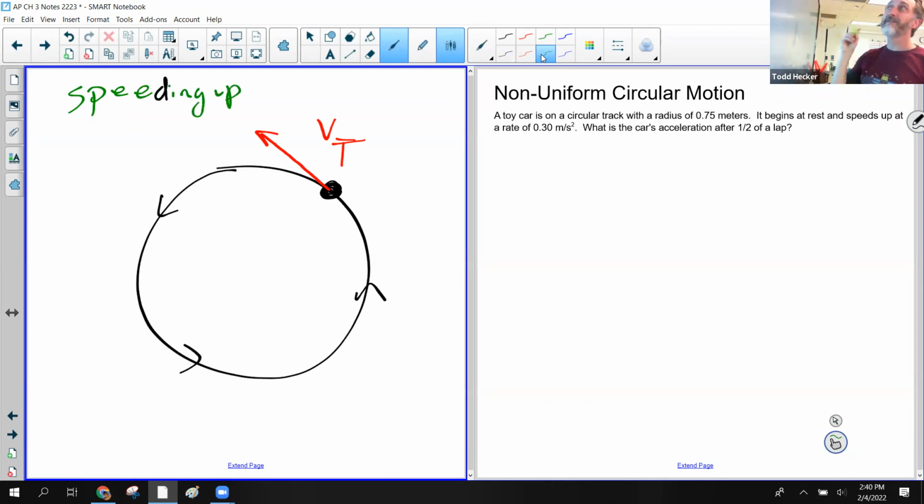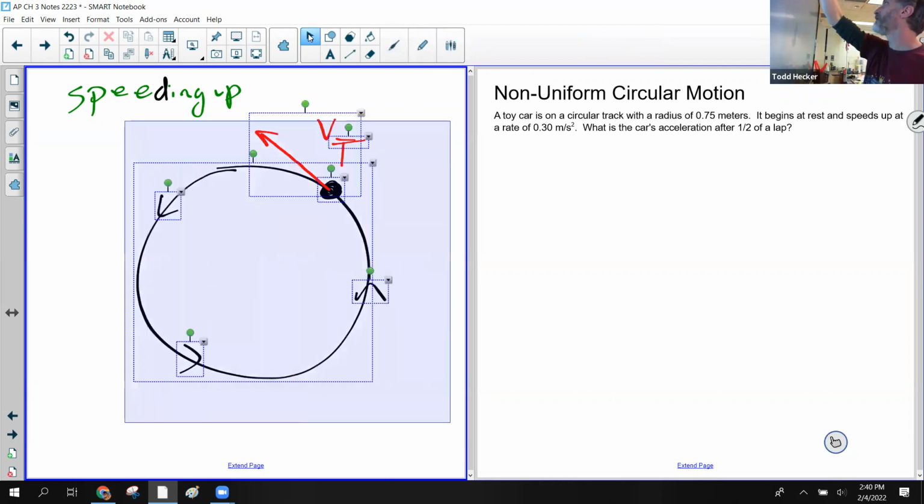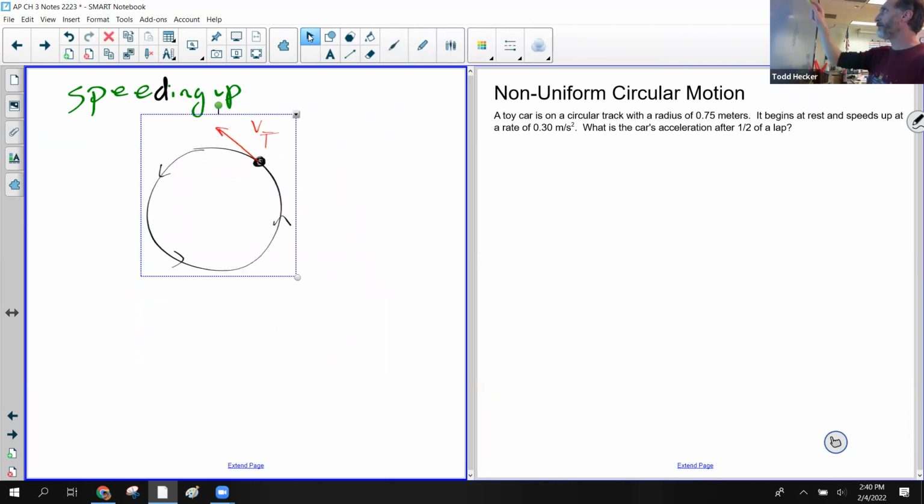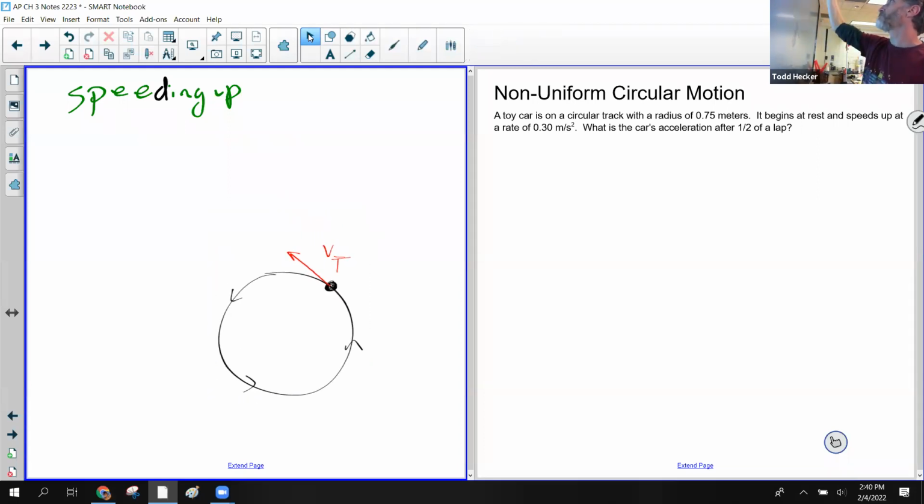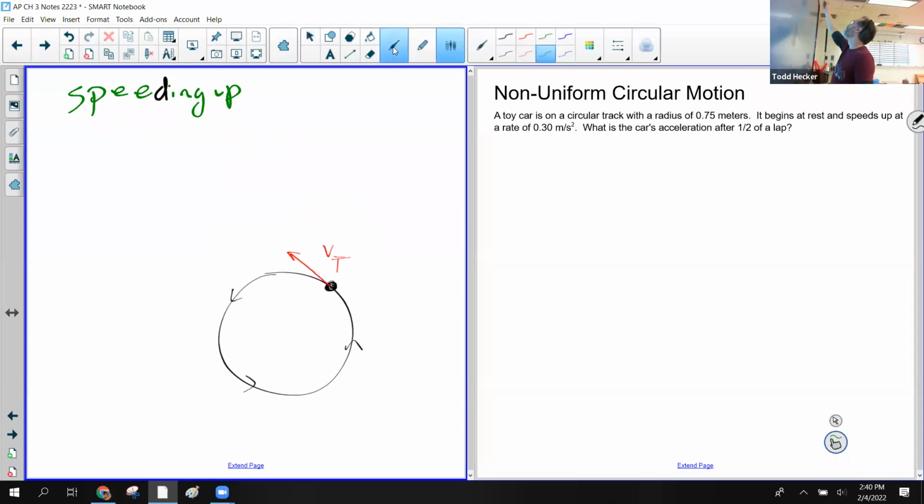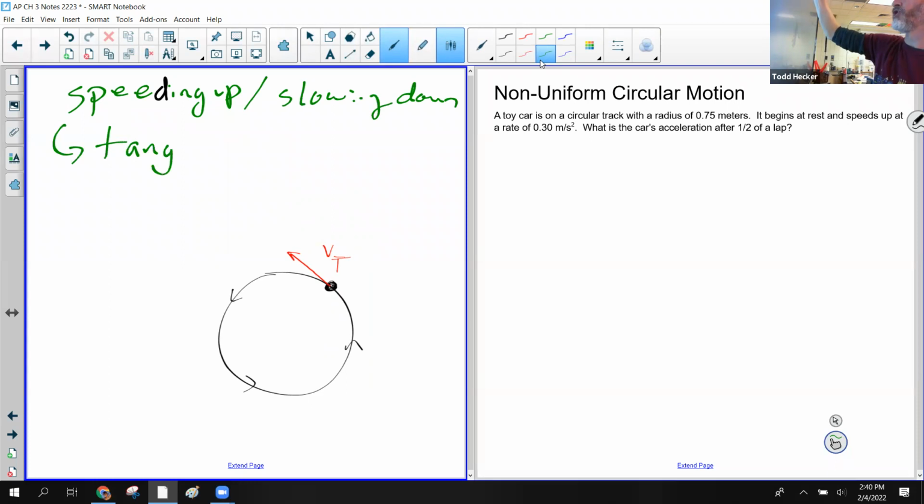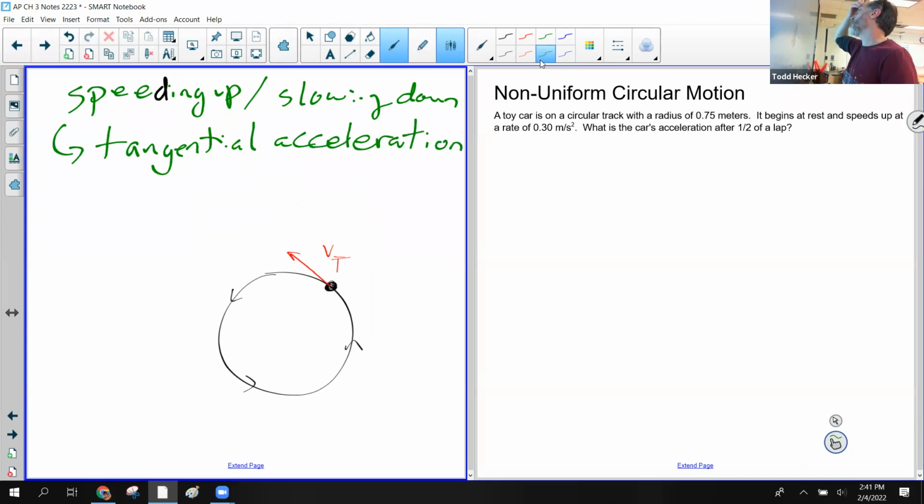All right. Now, if it is speeding up, then we're going to have what we call tangential acceleration. I did not give myself enough room to draw all this. Let me make this a little bit smaller. All right, so if it is speeding up or slowing down, then we have what is called tangential acceleration. And it is called tangential acceleration because the tangential acceleration vector is tangent to the circle,